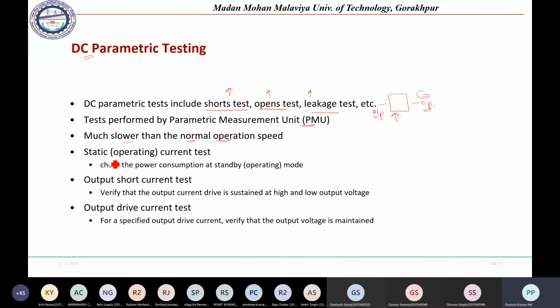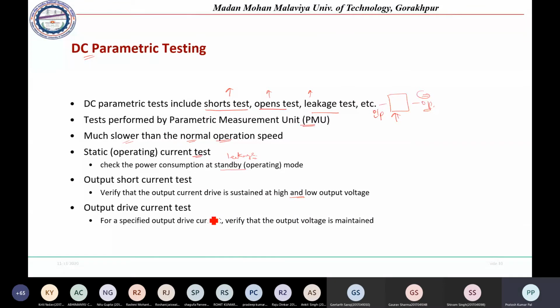Here static operating currents are tested. This will check the power consumption at standby, which we also call the leakage power. So whatever power consumption is there at standby is called leakage. Output short current test: it will verify that the output current drive is sustained at high and low output voltage. So with respect to the high voltage and low voltage, we check what the current is, and output drive current